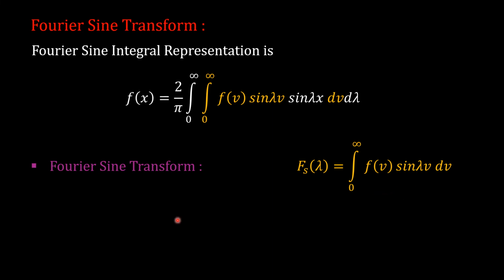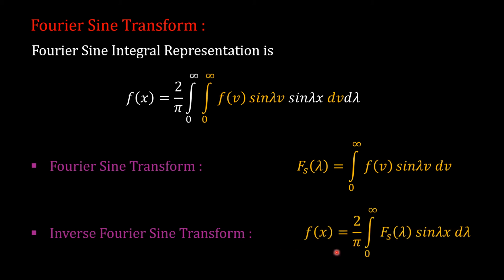dv. Then the inverse Fourier sine transform is given by, now replace this integral by Fs lambda in the Fourier sine integral representation. Hence, the inverse Fourier sine transform is given by f of x is equal to 2 upon pi integration from 0 to infinity Fs lambda sine lambda x d lambda. To get the more symmetric form, we split this 2 upon pi into two equal parts and that will give us,